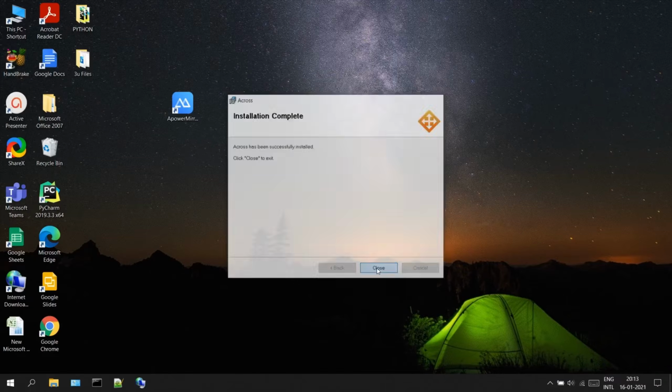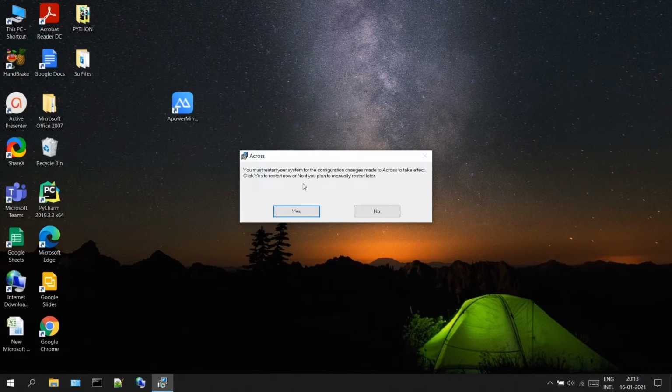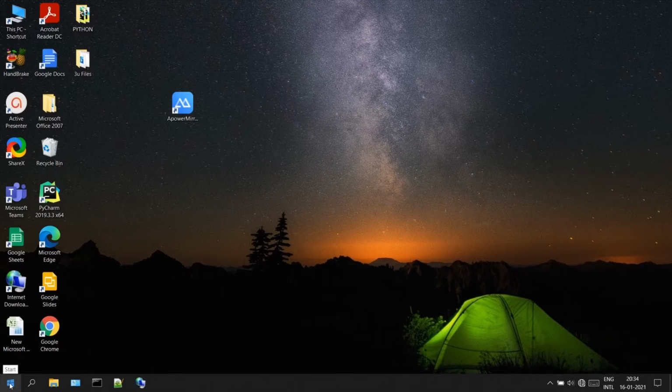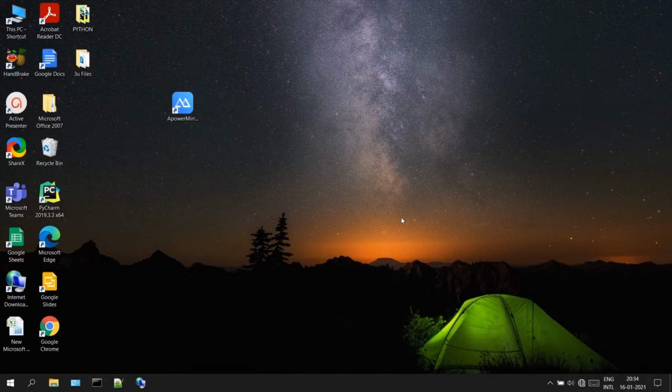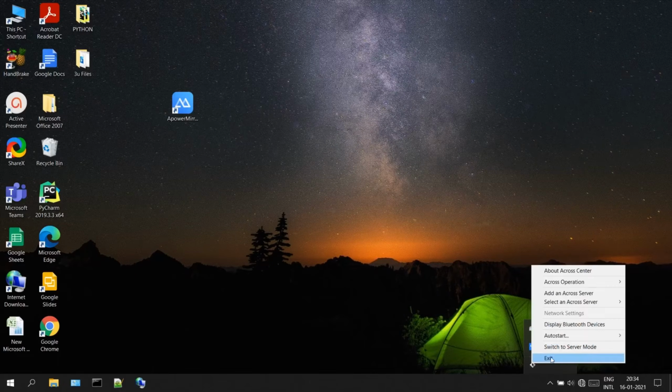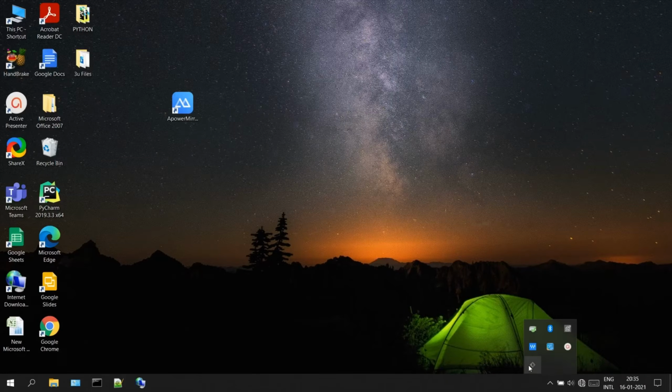After installation gets completed, it asks us to restart our PC, so restart it. After restarting, click on Start menu, click on Across Center to start it. Now in the taskbar, click on Show Hidden Icons. Here you can find Across Center, right click on it. So here switch to server mode. Now again click on Across Center, open Across Center,